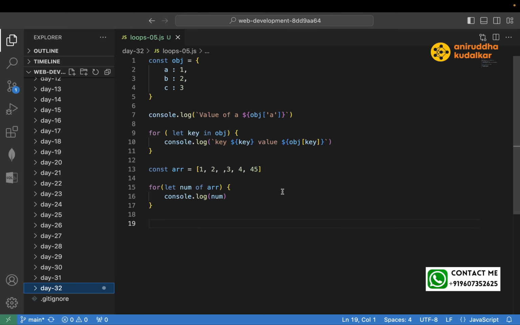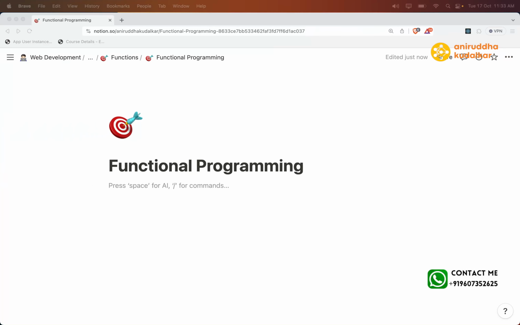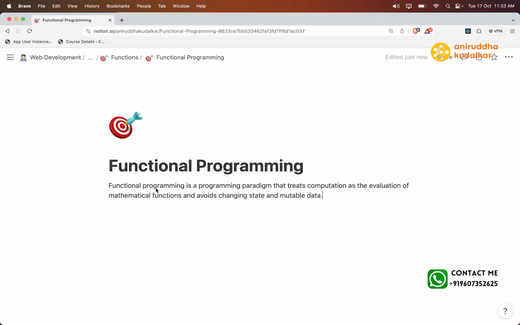So what is functional programming? Here we can say functional programming is a programming pattern that treats computation as an evaluation of a mathematical function and avoids changing the state and mutable data. You will get to know. In JavaScript, functional programming involves